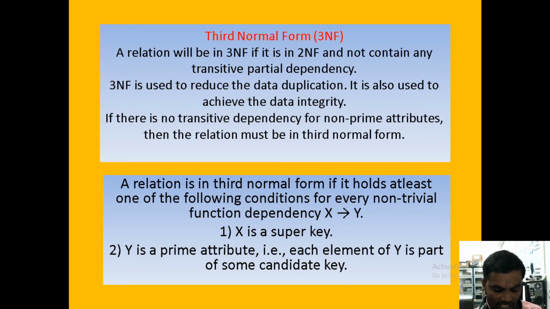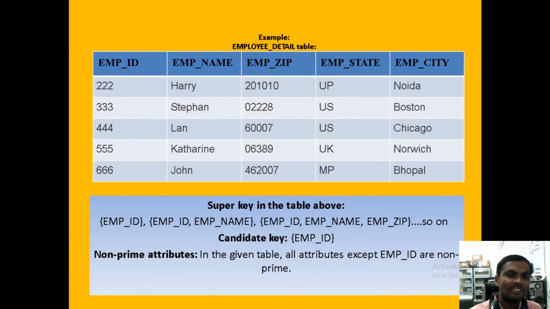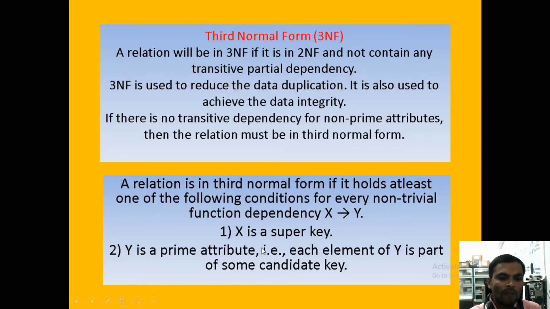This means that when X is a super key, we define Y as a prime attribute. Prime attributes are the primary key. Under the primary key, it can consist of some attributes as candidate keys. Among the candidate keys, we define one as the primary key. So for the third normal form, when X is a super key, Y is a prime attribute, and from that primary key it can consist of candidate keys.